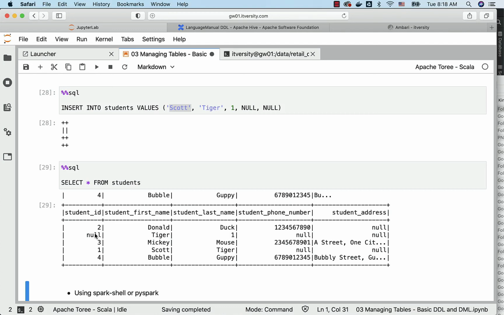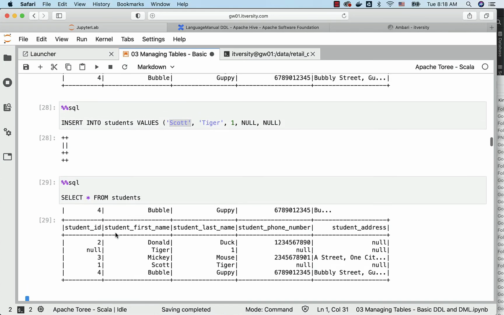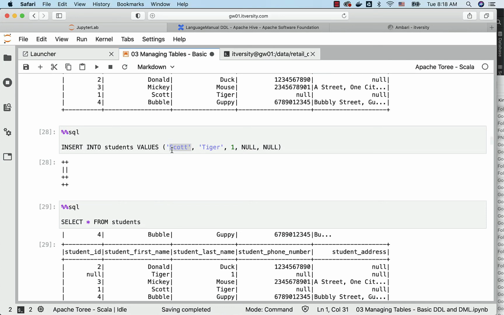But when it comes to student ID, which is of type integer, when we try to pass string, because string cannot be converted to integer, it is showing null value here. So keep these nuances in mind while coming up with insert statements. Always use all the column values in right order while using the insert statement to insert individual records.